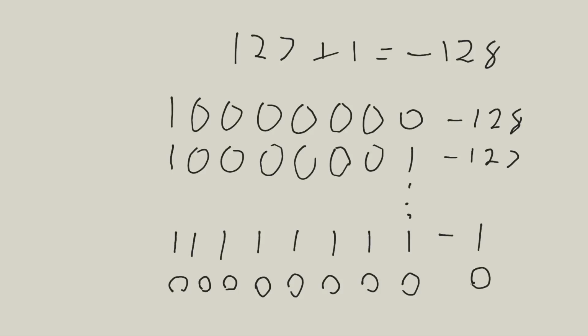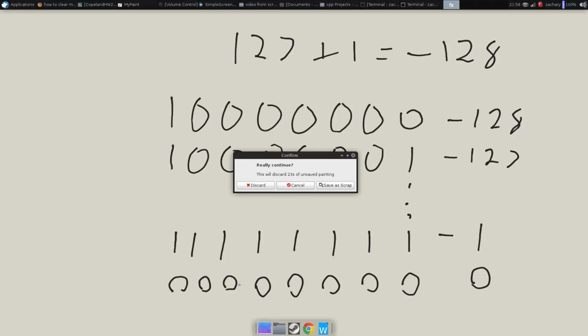And it goes all the way up again. Add 1, it will be 1, 2, 3, all the way up to 127. So when you have these signed integers,